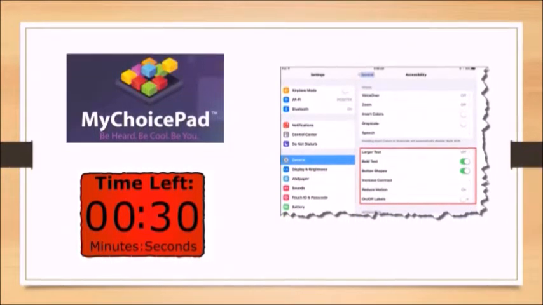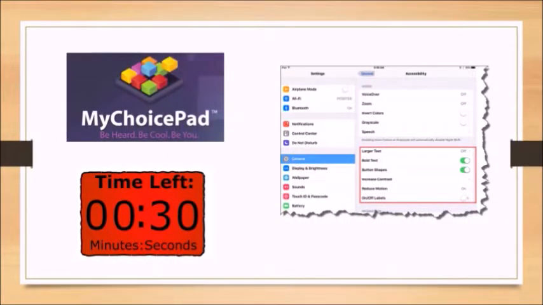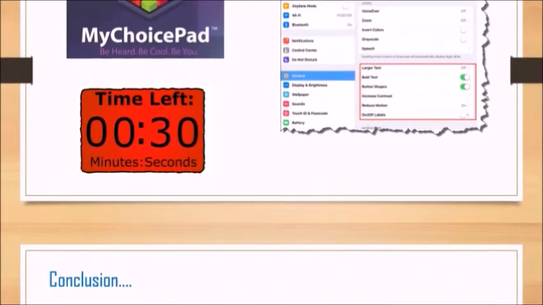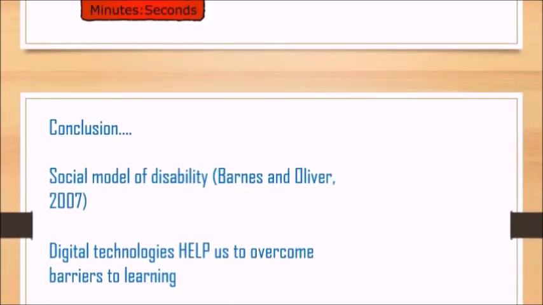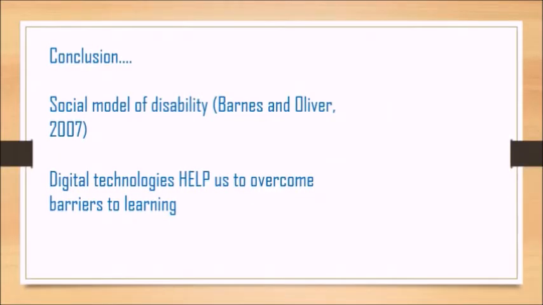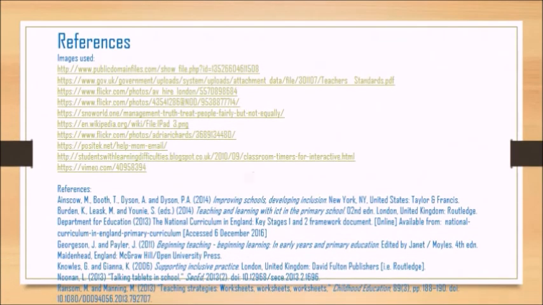It includes Makaton symbols, signs and signing videos to promote children's progress in learning and allow for them to communicate with others in a way that they may not have previously been able to do so. A different example could be practice in self-regulation through use of visual countdown timers, reminders and schedules. This not only fosters inclusion, but also independence and ownership over learning, especially for those with behavioural and social needs. Other than apps, tablets and devices provide a variety of accessibility options such as enlarged writing, assistive touch, audio descriptions and so on. In conclusion, I think that we should employ a social model of disability as offered by Barnes &